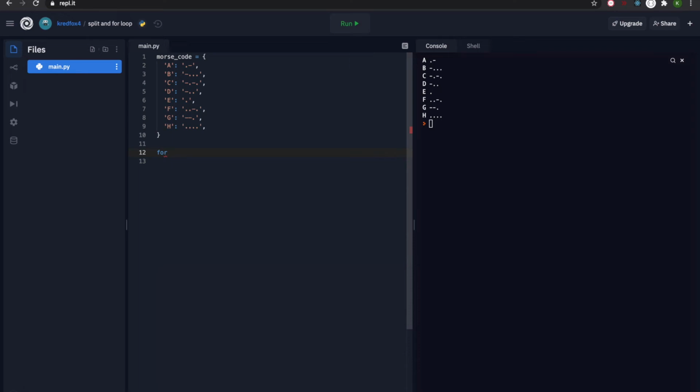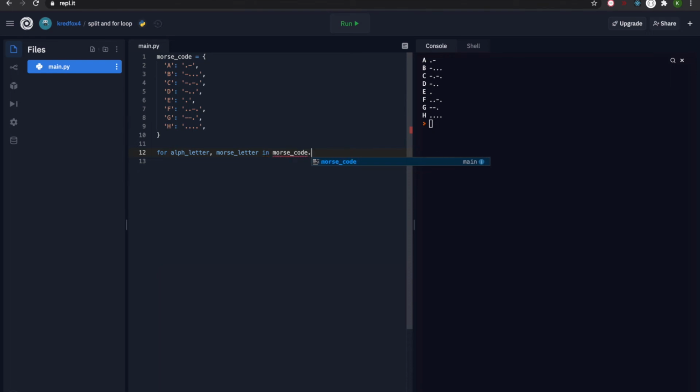Now we're going to have to do two items. So when it comes to dictionaries, I will do for, I'll say this is the alph letter, like the alphabet letter, comma, Morse letter for the Morse code. So alph letter will be the key, comma, Morse letter is the value. So now I'm looping through each of those and handling them and assigning them a variable name. So for each alph letter and Morse letter inside of Morse code,